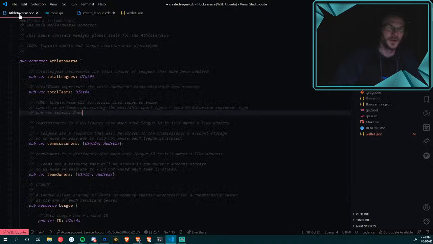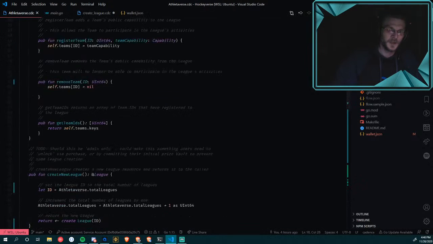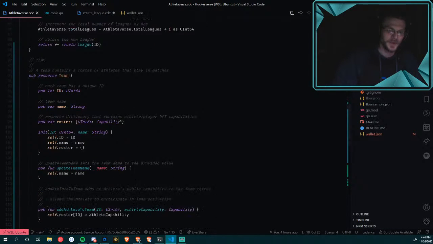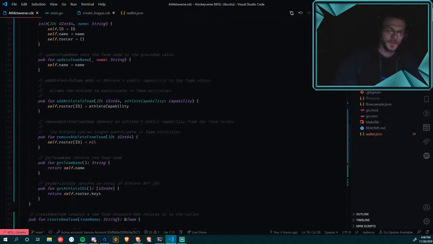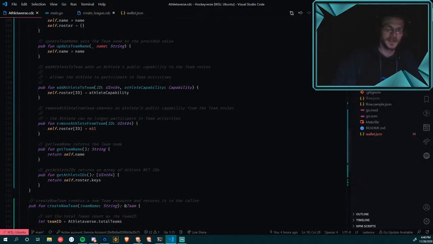So, going back to things like naming your variables, I don't need to say remove athlete from team. I could say remove athlete, add athlete, and all that stuff. But it doesn't really hurt to type a little bit of extra stuff. Most editors have auto completion anyway.